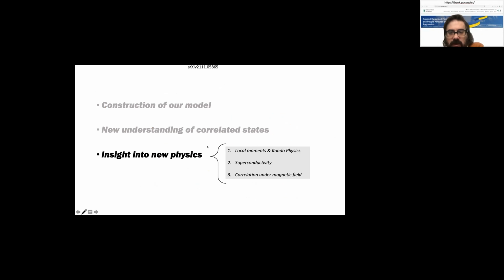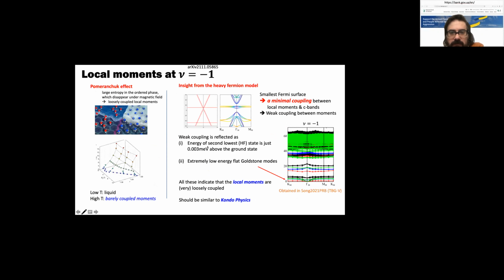Now, the last thing that I wanted to tell you is the local moments. We want to claim, although we don't have a calculation yet, that potentially this type of heavy fermion physics can also give you the Pomeranchuk instabilities and superconductivity. The Pomeranchuk instabilities would basically come because the coupling between heavy fermions, for example at mu equals 1 or -1, where they see this most strongly, is minimal, just because the heavy fermion is actually very close to the bottom of the band, and it doesn't hybridize very much,